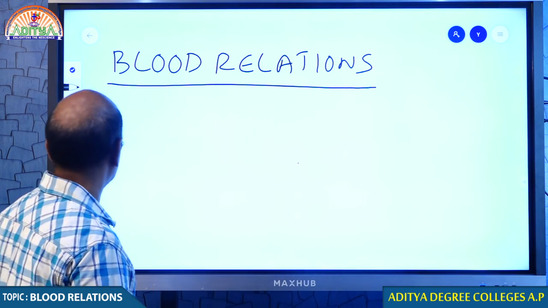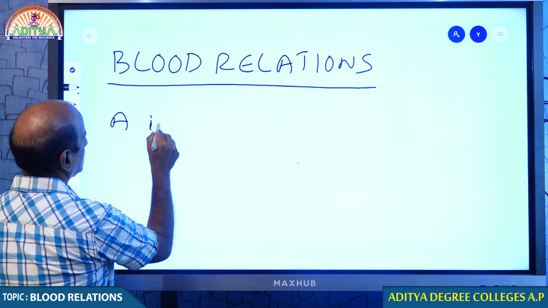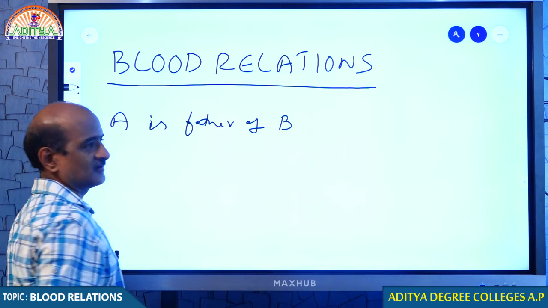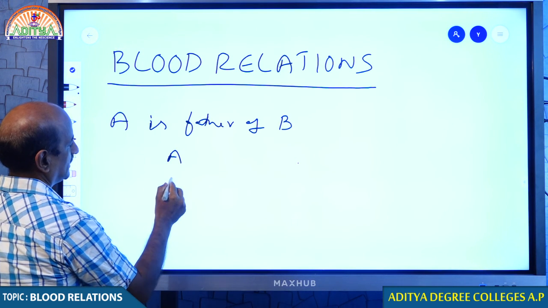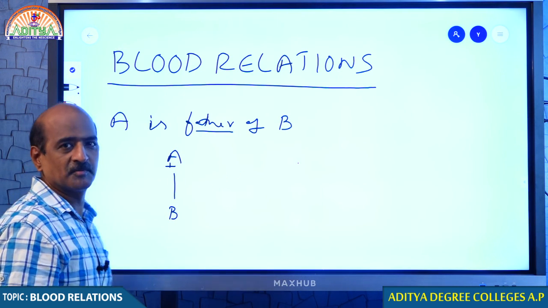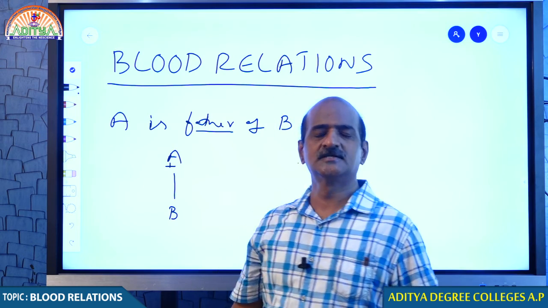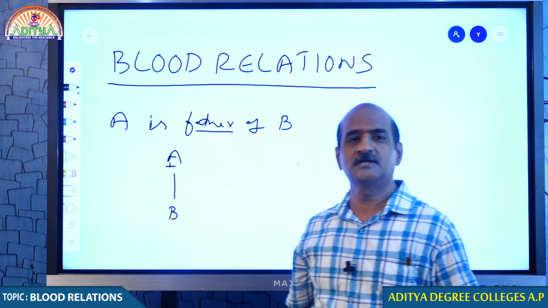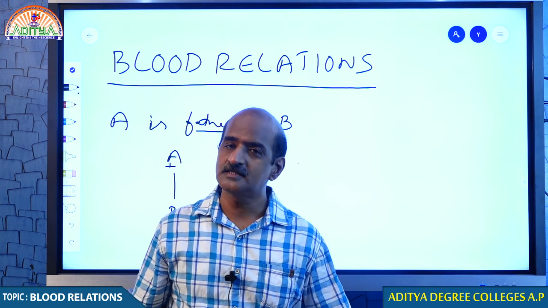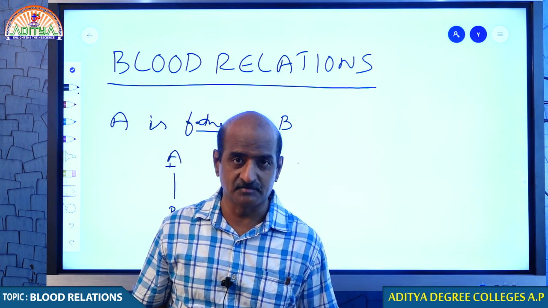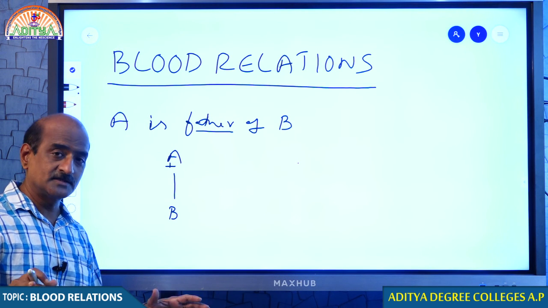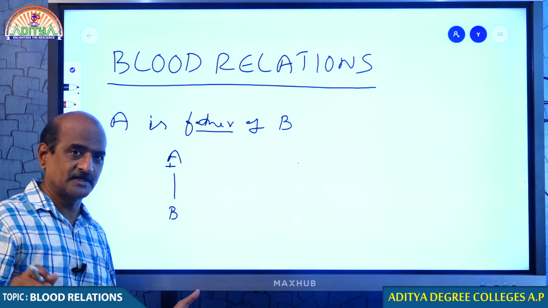For example, if I give you that A is father of B, A should be taken here and B should be taken here, because A is given as father, therefore A should be male. Okay students, A should be male. We do not know the gender of B, maybe B is a son or B may be a daughter. Unless we are clear about the gender of B, we should not take any chance. Better you keep the information as it is. Unless we get further information, let us not take any chance.